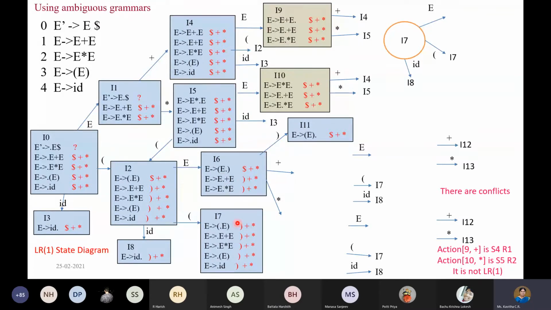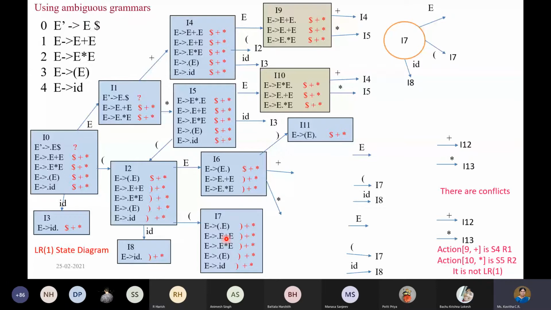That's it. Similarly, in I7, when you read open parenthesis from here, that is the rule number 4 here, you will get all these contents. Because dot E appears, you will have to expand once again. And when you find the new look ahead symbol, you will get all these. Because it is recursive, again E will be expanded, you will get plus. Next E will be expanded, you will get star. Like how we got in I0, similar to that we are going to get in I7 also.